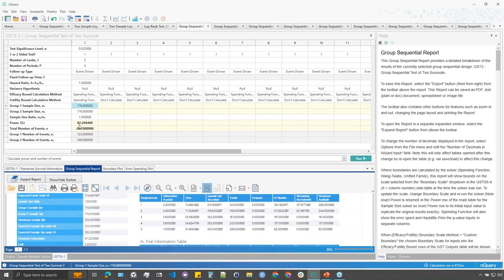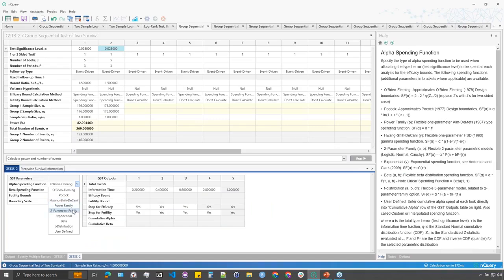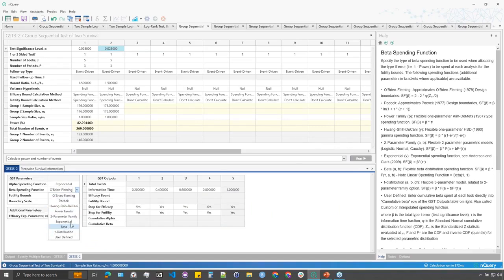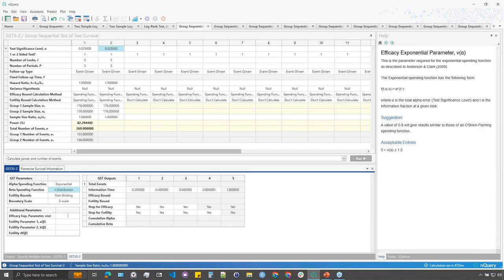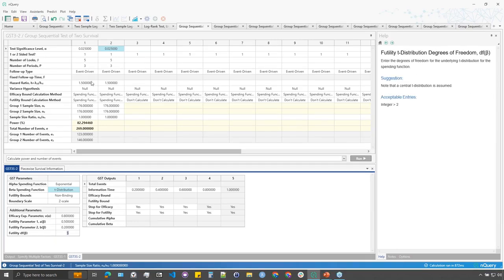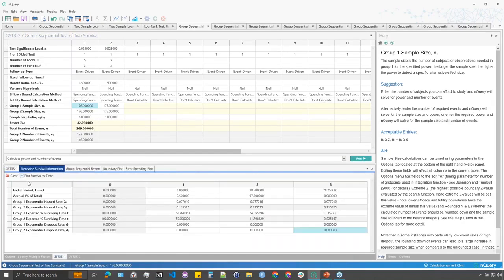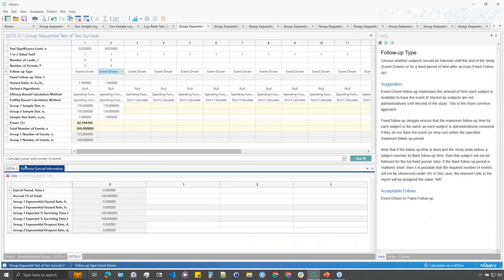So if we have dropout, obviously we expect our power to decrease, and also our total events to decrease. Our sample size will obviously stay the same since we're specifying those. So if I specify this, we come in here, once again, we'll specify our parameters. So 0.8, 0.5, 0.2, and 5, I believe. Was that correct? Yes. And then for our piecewise information, we just copy and paste